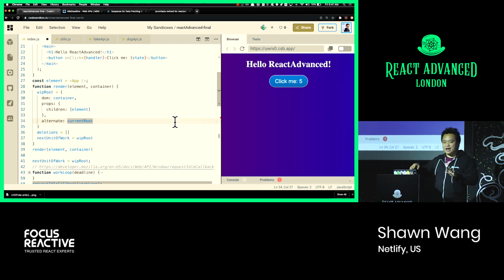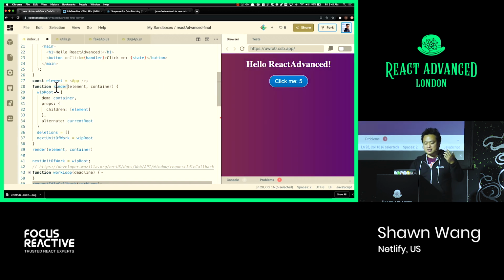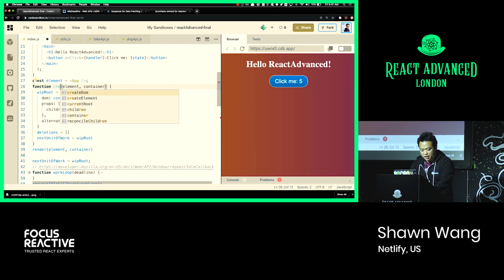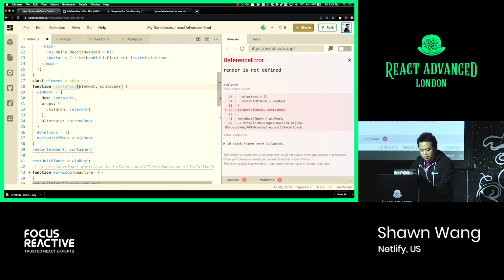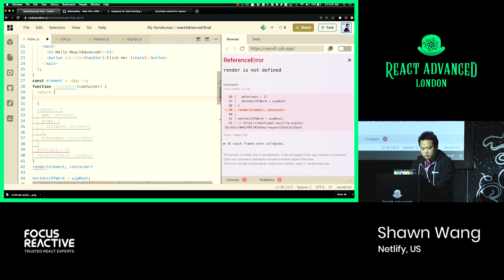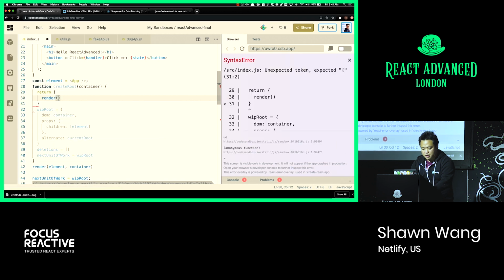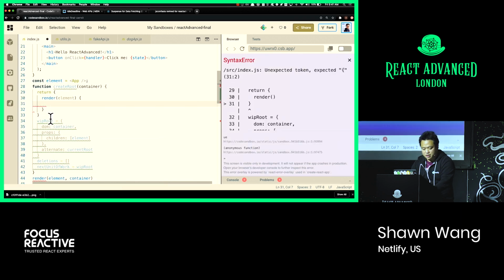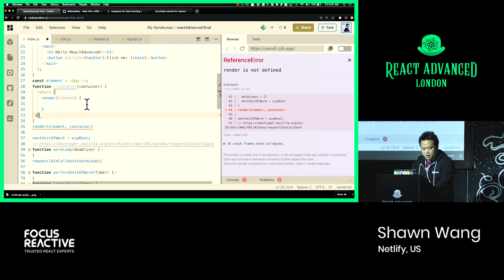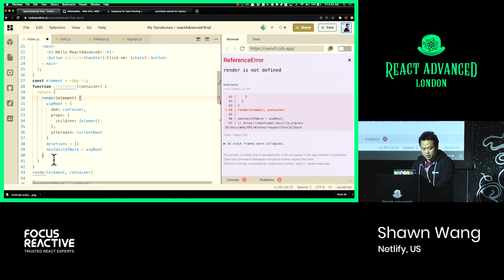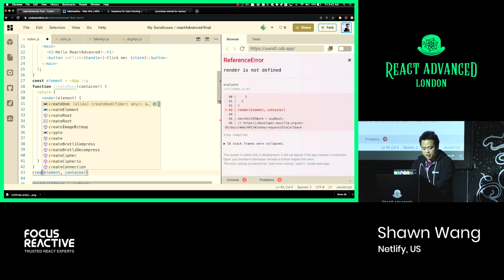Well, the new API is slightly different for concurrent mode. So instead of calling a render function, we actually have a create root function. So it's something like this: create root element. It calls it on a container. Then we return an object called render. And then that takes an element. And then we just take this whole thing here, chuck it in there. There you go. And instead of render element container, now we say create root